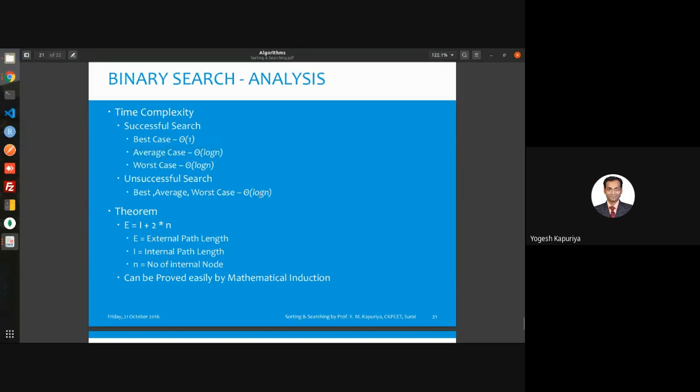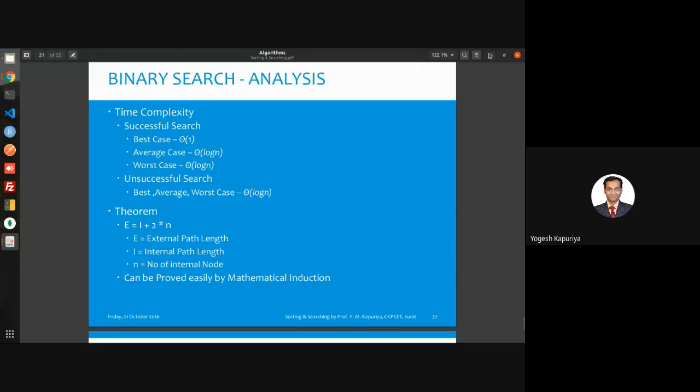It is not actually log n. I think it's log n to the base 2. So here I forgot the base, right? So there are lots of mistakes in this. What I found, even though it was made by me only, here it's a mistake actually. So it's log n to the base 2. Here also it's base 2. Here also it's base 2. Or I should write lg n. Okay. But this is the time complexity of binary search.